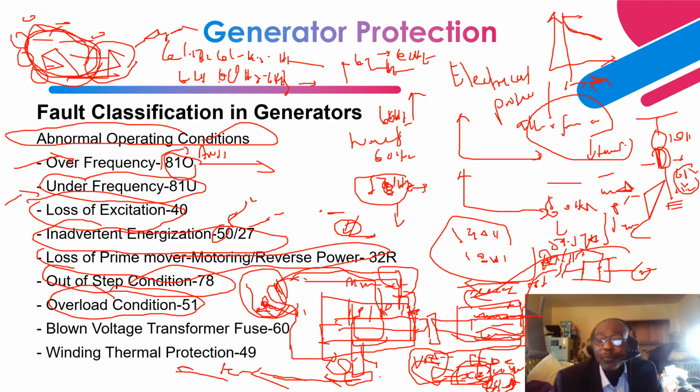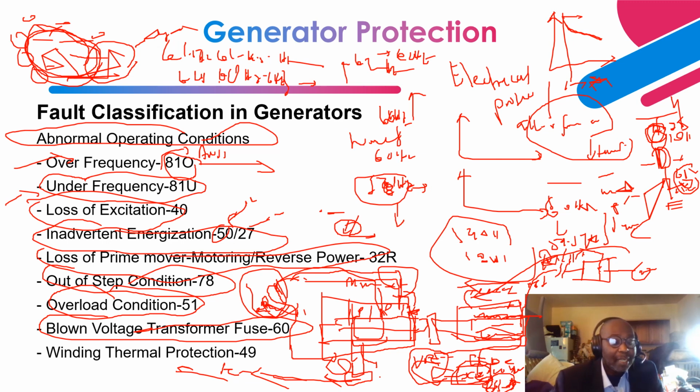So if on the high side there is a fuse in each phase, then on the secondary side there are fuses, right? If for whatever reason you should have an open circuit on one of the phases due to a blown fuse, that is when this relay element is going to detect that and block tripping of the generator, because it is a blown fuse, right? It is not a fault, which would cause the voltage to decrease. So that basically blocks tripping of the generator based on the blown fuse.